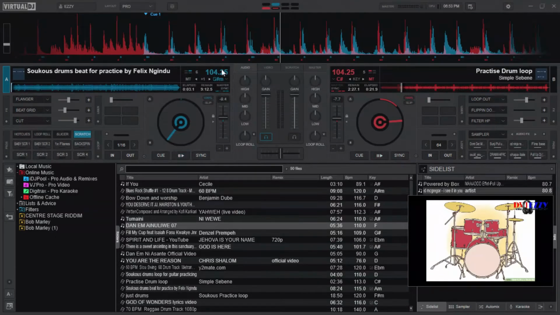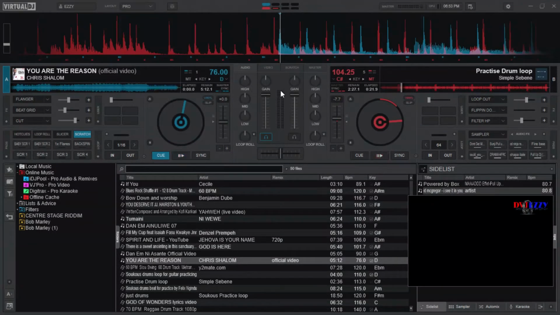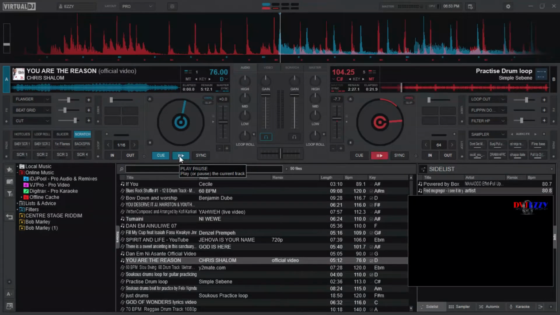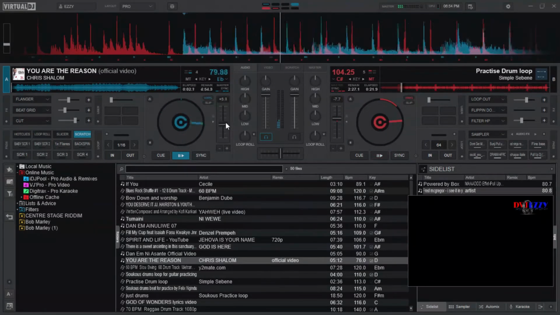So if you change the speed of the song, if I have a song, for instance, maybe you can't hear it in an instrumental, so I'm going to load a song, and I want you to listen to that. This is the pitch reset. If you double click it, it will reset. If you just click it, it will move it slowly. You can see the speed increasing towards the center, which is the normal speed of that song that has been analyzed by Virtual DJ. So if you play it from here,